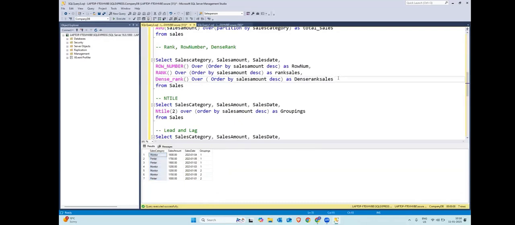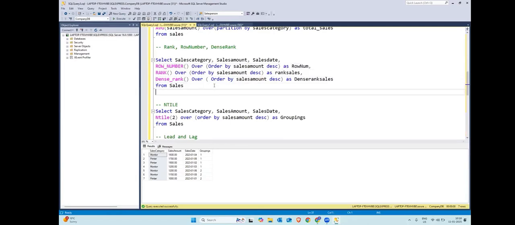Or you can use a where clause as you have asked. Where clause is fine. Your question of using where clause we can do. But also you can use a partition by. Where to use where clause, after from sales? After you've created this row number, let us say, and you want to get the top two from each sales category. First of all, you are saying top 2, not just the topper. So we have to use a top statement, and we have to then